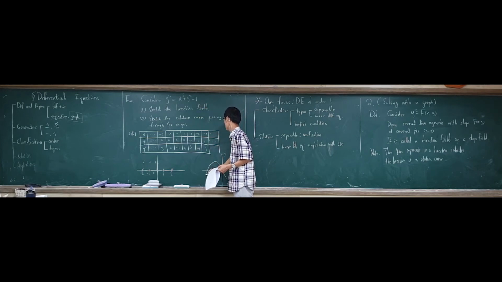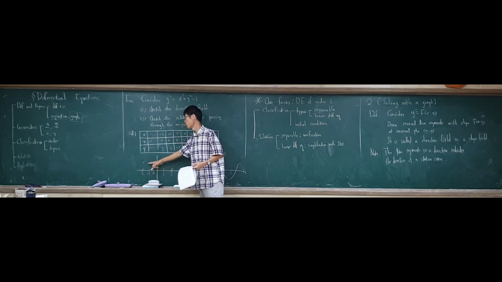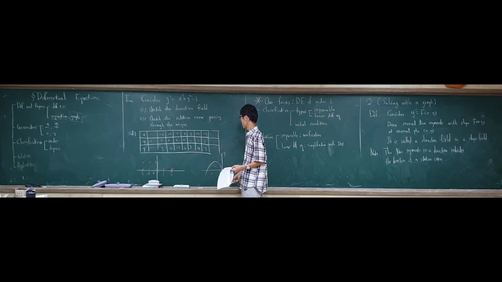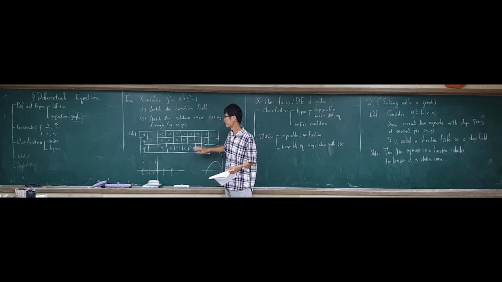So by naturally connecting the small line segments appearing in the first step, we may get a solution curve like this one. But usually it takes too much time to make up a direction field,